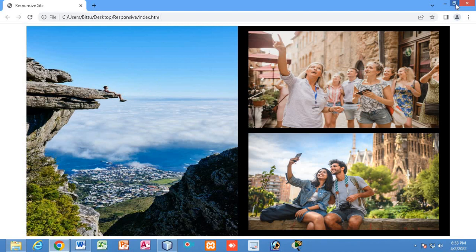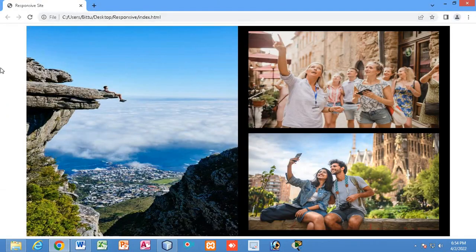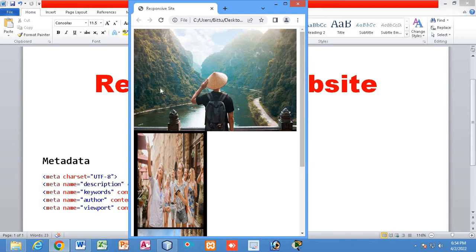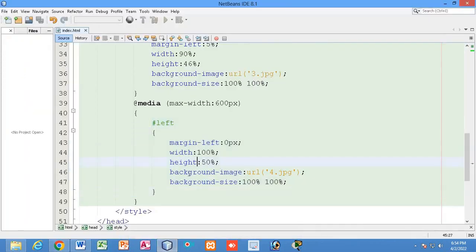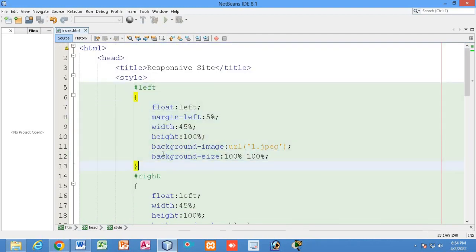Now if I access the same website from the mobile phone, you can see this picture is changed. This is nothing but the left div. This is the left div, and also the width has been increased to 100%, and the margin has also reduced. There is no margin. Can you see? See, previously there was margin, but now you can see the margin has been removed and the picture has been staged. And not only that, left div, you can see here the left div, a different picture was there,